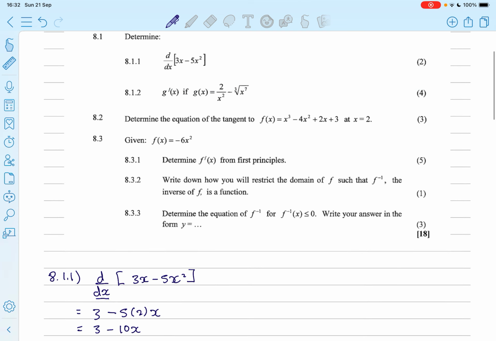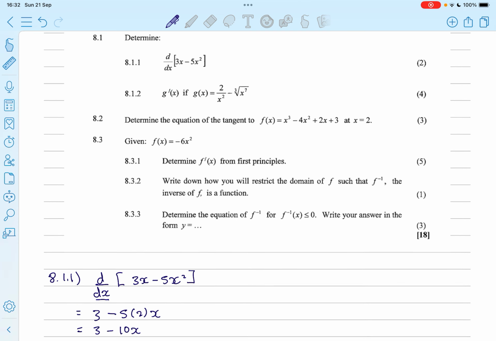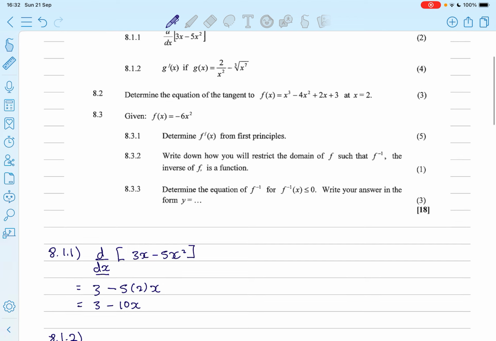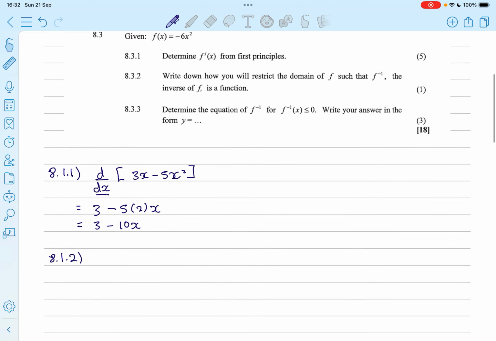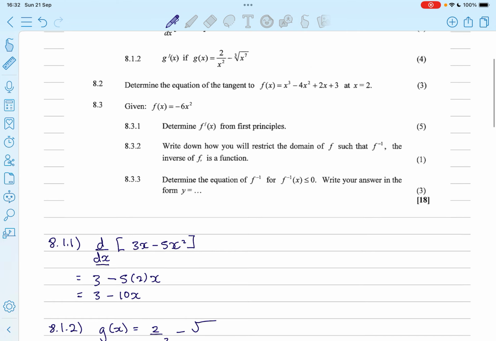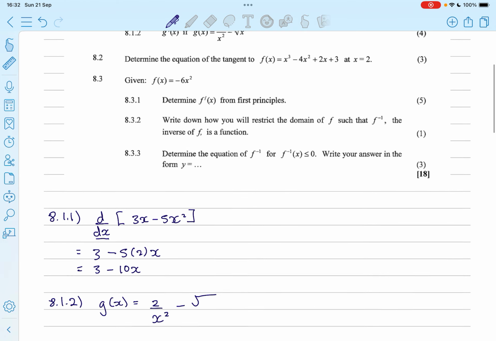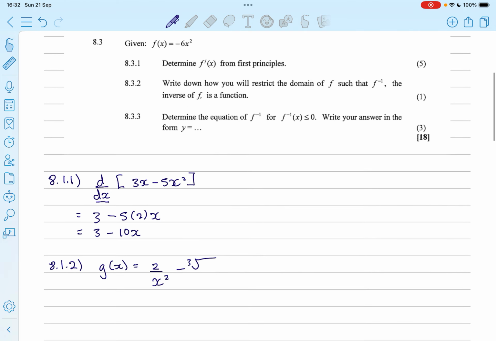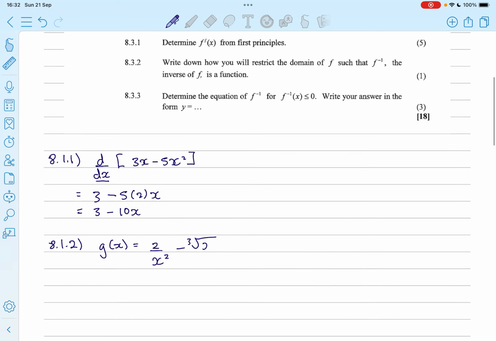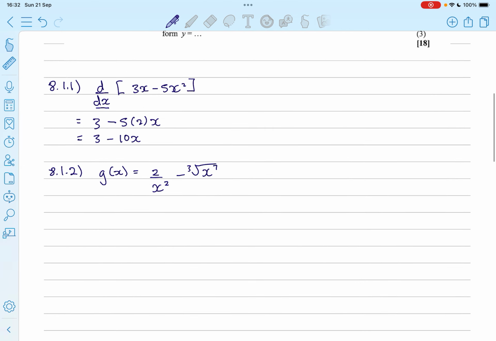Moving on to 8.1.2, we've been asked to get the first derivative if g of x is equal to that. So let's write the equation of g of x. It's 2 over x squared, I think, minus the cube root of x to the power of 7. Okay, let's